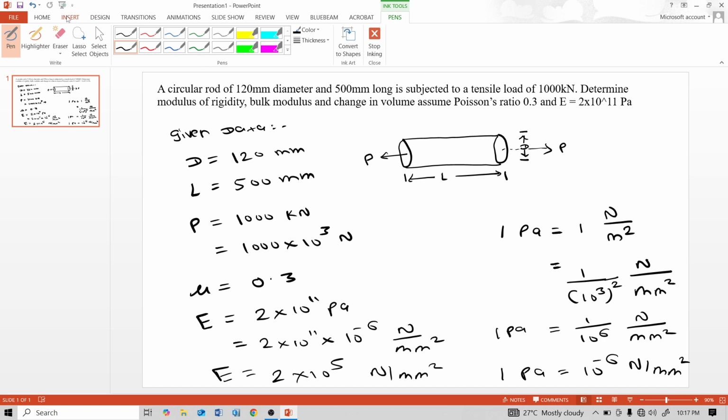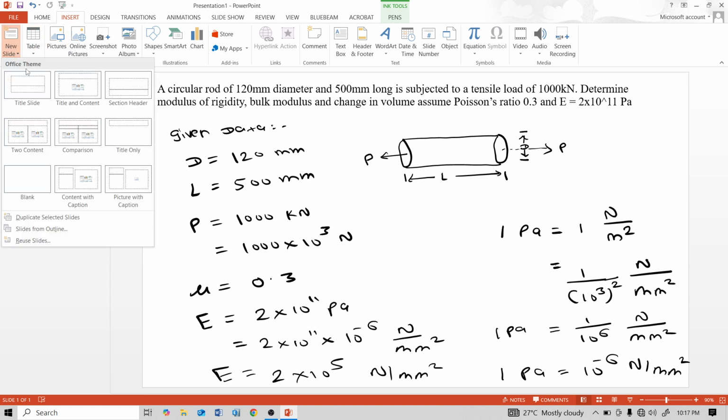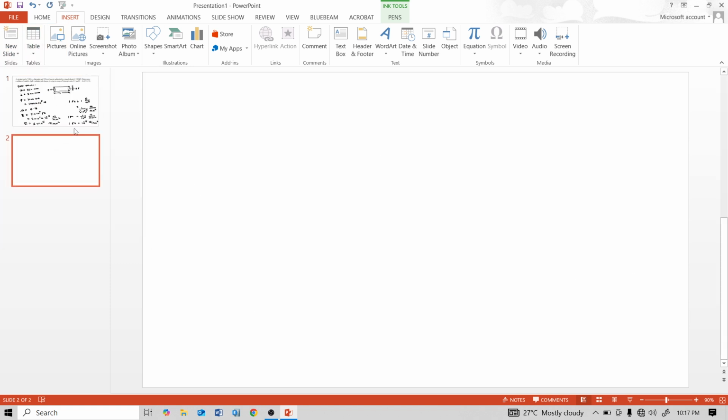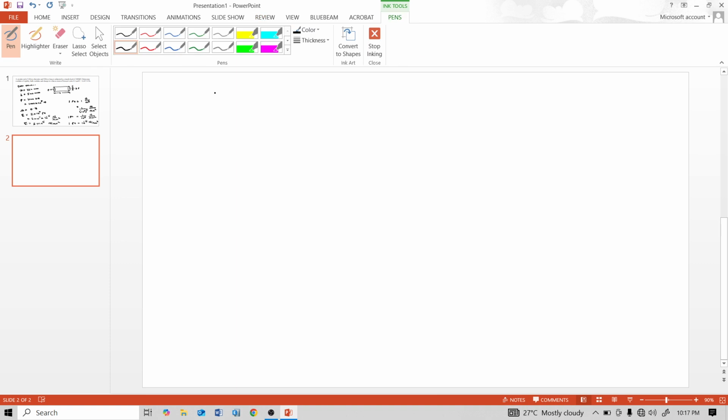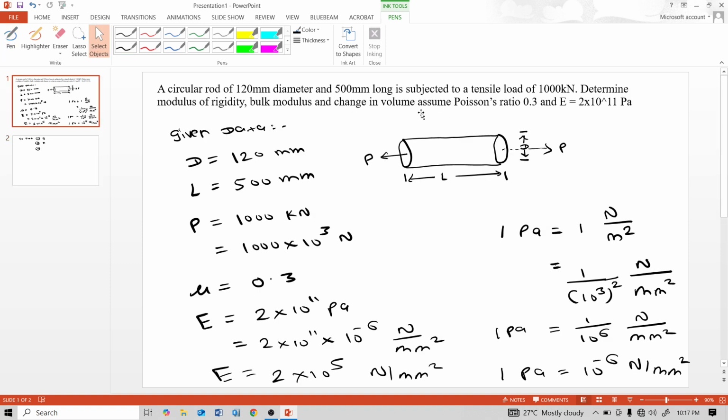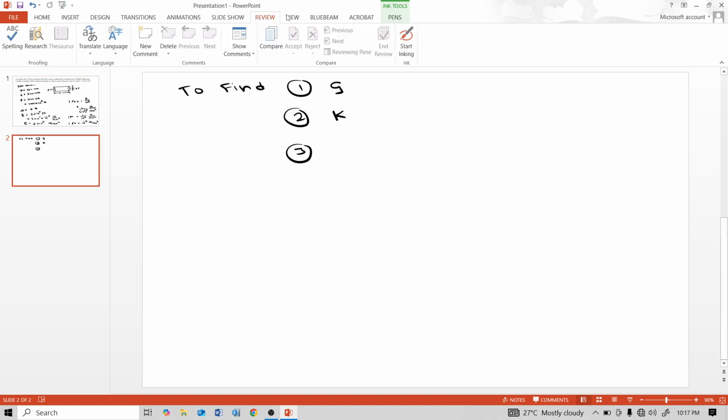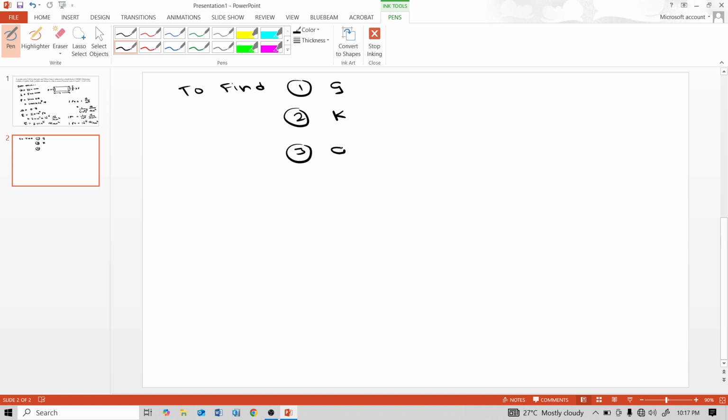Now next, to find: first shear modulus G, second bulk modulus K, and third change in volume delta V. Solution: